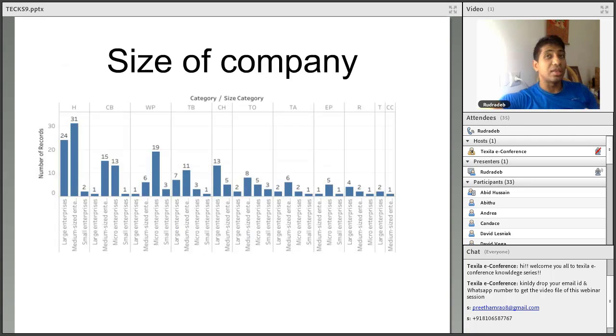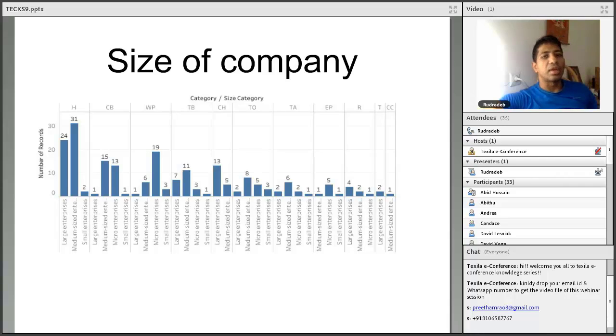Like these are basically the different kinds of data we are collecting, and how we are collecting it. And one of the things you often see when you collect data, because yesterday one of the guys asked, what about incomplete data, or if you don't have enough data? In this case, we collected the data about size of the companies, and we saw that there is a high weight, too many companies of large enterprises and medium-sized enterprises, as you can see, and too few companies of small enterprises.